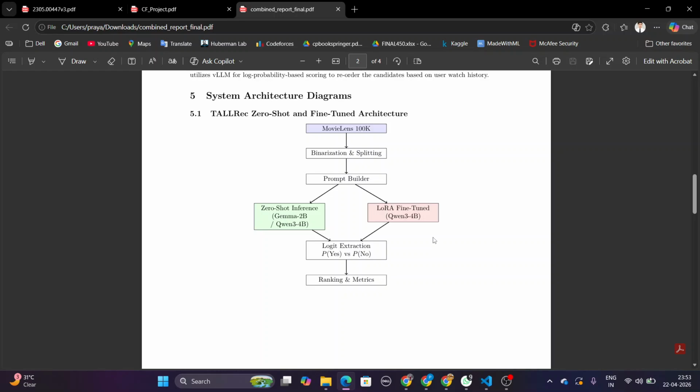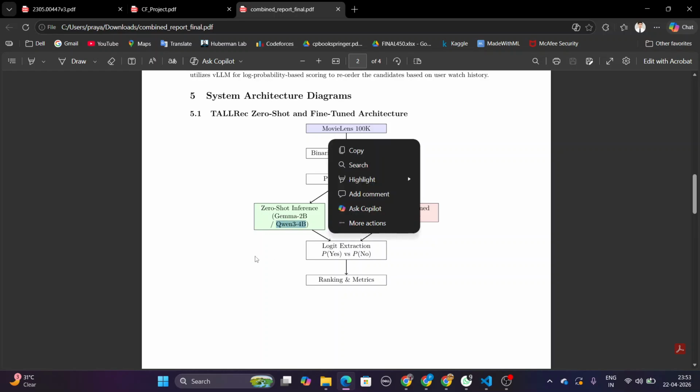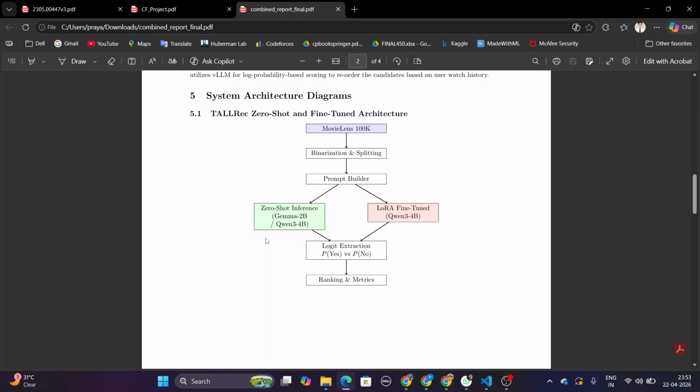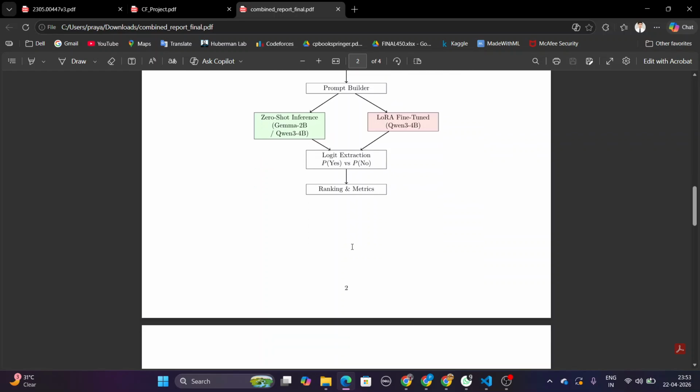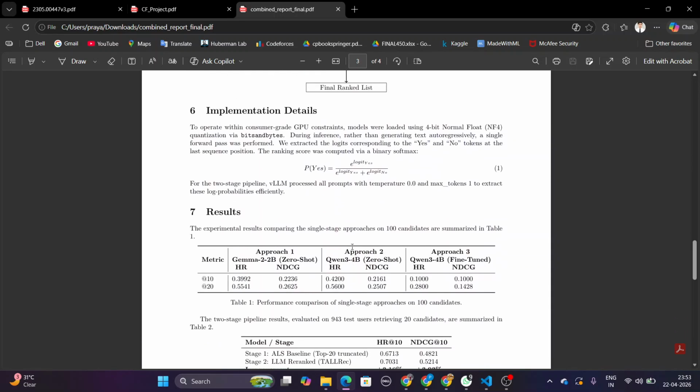So for the first experiment, we went with the surprising power of zero-shot. That is, we used Qwen model with zero-shot inference. We had not given it examples beforehand, and we started with 4-bit quantization of those models, and the results were remarkable. I'll show the results as well.